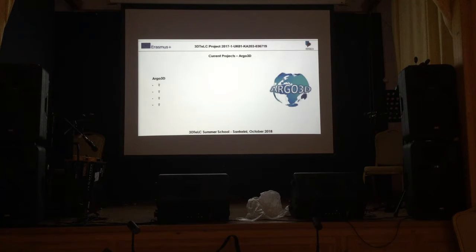And of course, what we're talking about here is that we want to do that and fit into virtual reality, right? And then for you to be able to interact with the result and so on. So the pipeline is very long, very complex, and it is not easy to think how to scale it up easily at this stage. So let's go back to the present now. We're still in 3DTeLC, right? And we're doing what we're doing.